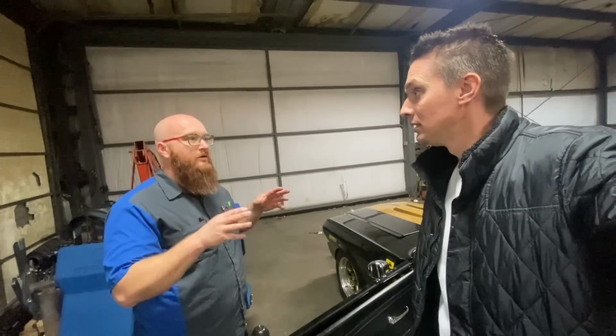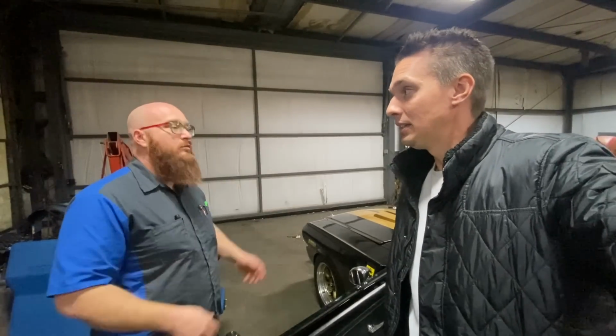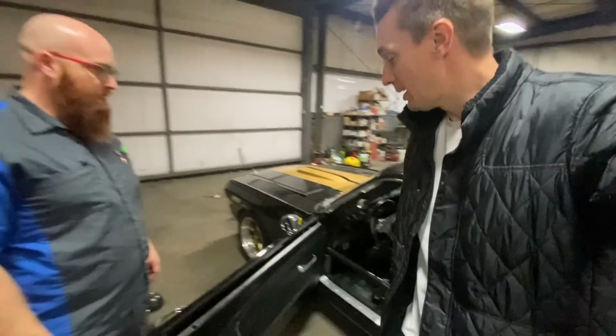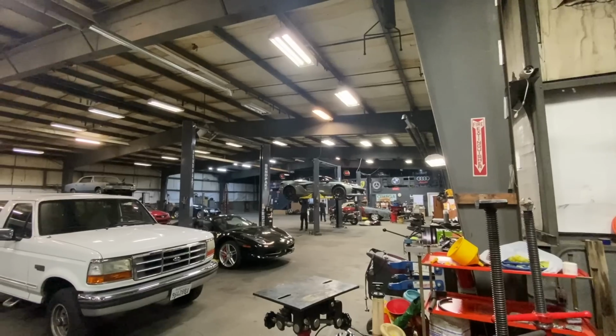So I think we can send that to a machine shop and they can balance it and make it where it's perfectly neutrally balanced. And if that doesn't work, they're still not happy, we can put the old stuff back on. It may just want to be a total full crazy race car. Yeah. Well, that sucks. It was worth a try. Maybe we'll get lucky with the flywheel, but yeah, this car may just want to stay race car, and I guess that's fine. So Magic Mike will put those underbody panels on, and then I'll get out of your hair